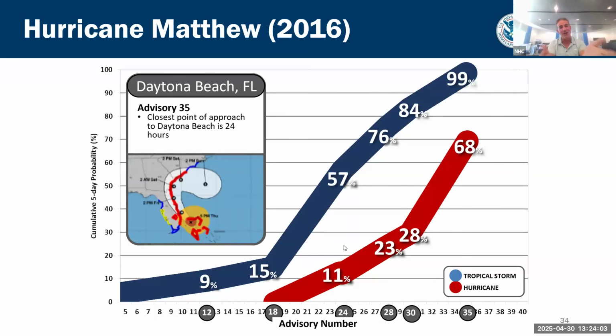Now, in this case, there's an old expression, right? The trend is your friend. You might look at it differently in this circumstance for Daytona, but the point is, it's giving you information and letting you know that your risk is going up. And it helps you quantify that risk rather than trying to chase different models and chase the dots on the cone graphic. I hope this is constructive.